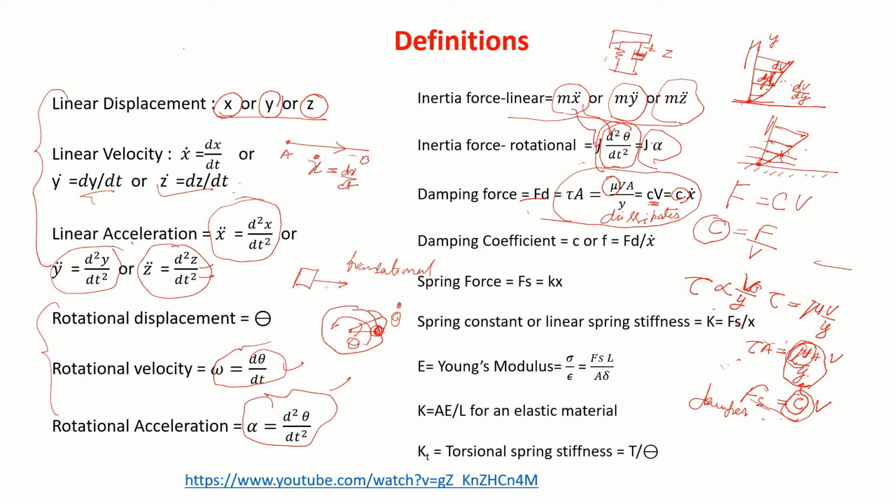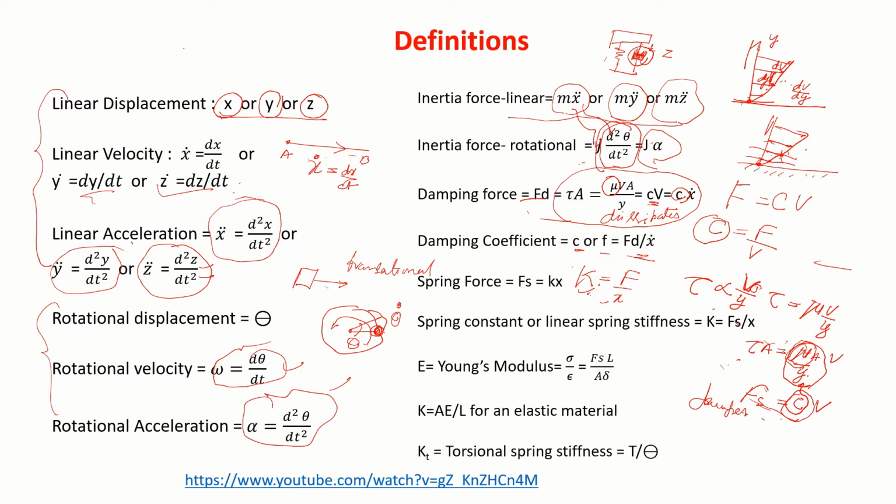So here I can make holes, I can create shear and make the oil fluid flow this way and this way. I can create that. This is what exactly a damper is. Okay, that is damping coefficient, damping force by velocity. So spring is defined as spring constant, force by displacement. So spring force is spring constant into displacement.